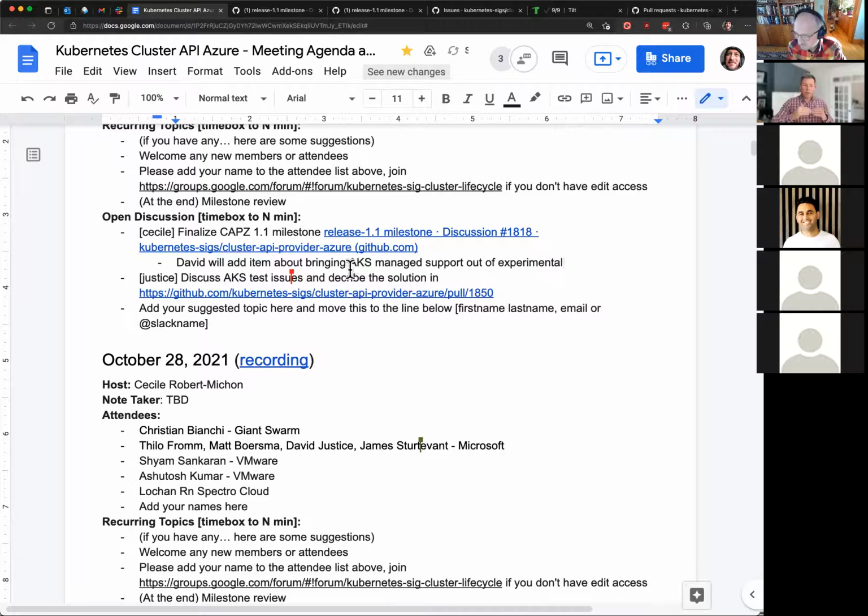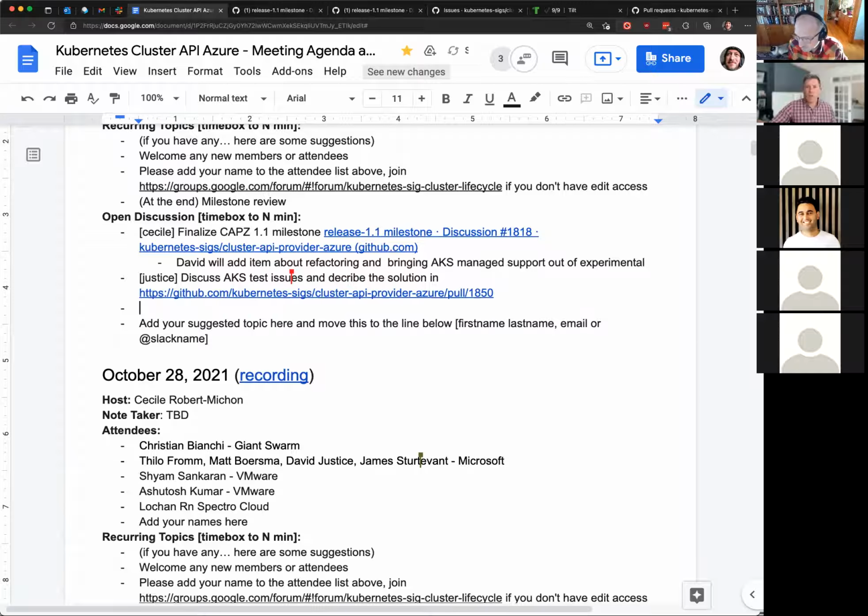But when we would ask to list the VMSSs that are associated to the node pools, to then pull the instance IDs from those node pools so that we could populate the provider IDs and then finish the reconciliation of the Azure managed machine pools, Azure was responding back to us in some cases with an empty 200. So the list call, the get, would respond to us with an empty 200 when we would try to list the VMSSs in the node resource group.